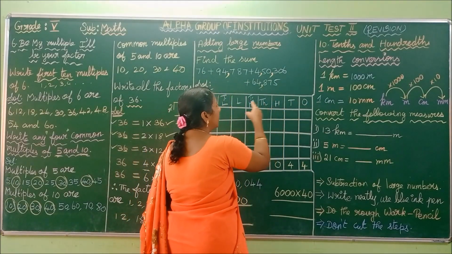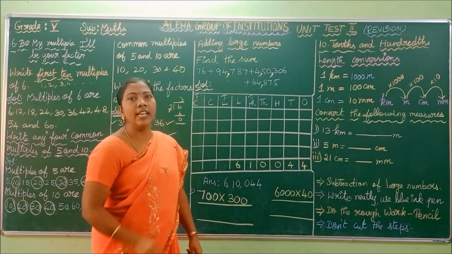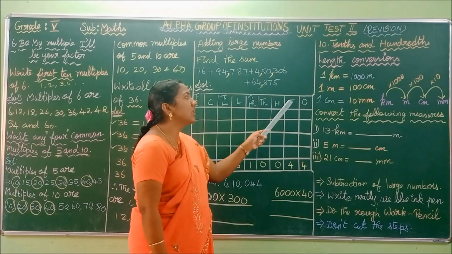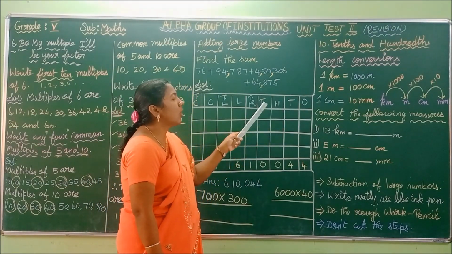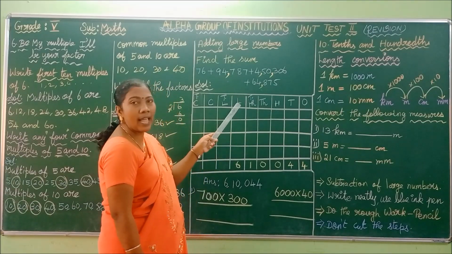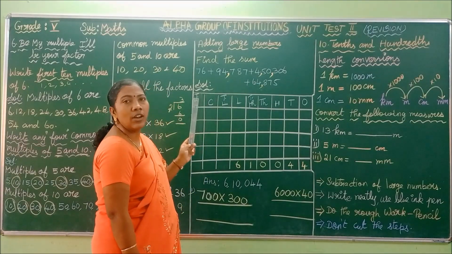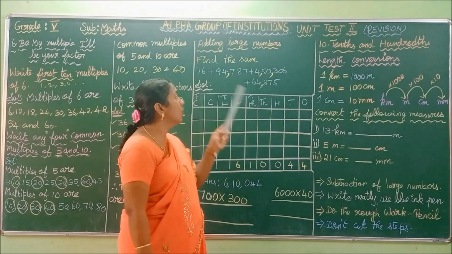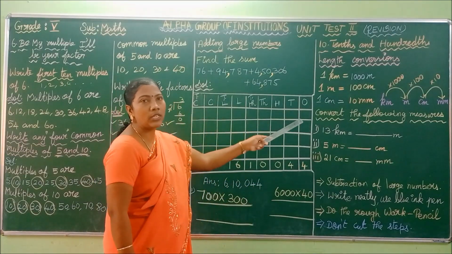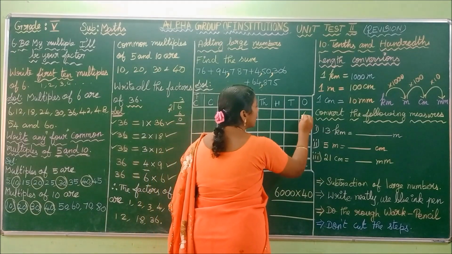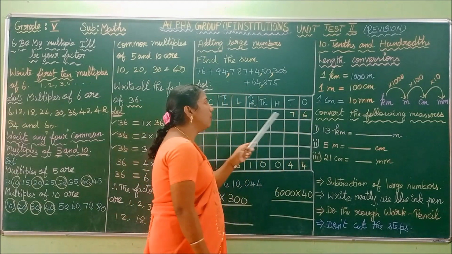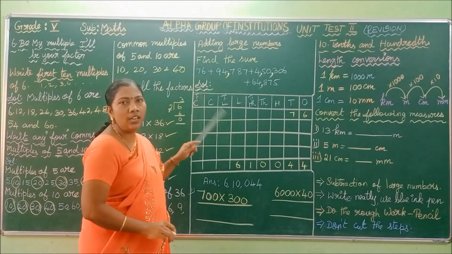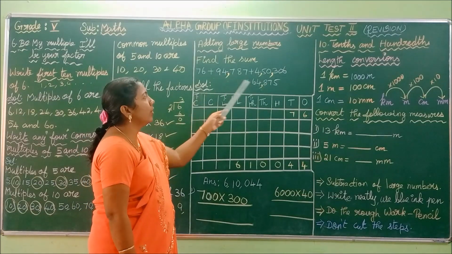See here, I have written the place values as in the Indian system of numeration. What are the place values? Ones, tens, hundreds, thousands, 10,000s, lakhs, 10 lakhs, crores, 10 crores. These are the place values as in the Indian system. First you have to write the 6 in the ones place. Thus 6, 7. For the remaining places, if you need, you may add zeros or simply leave them. Okay.